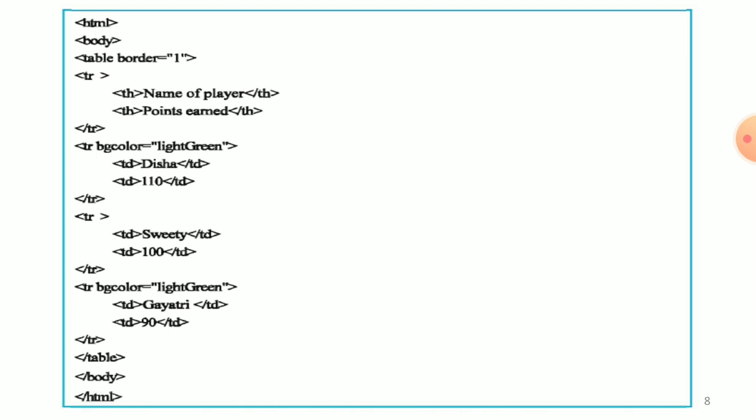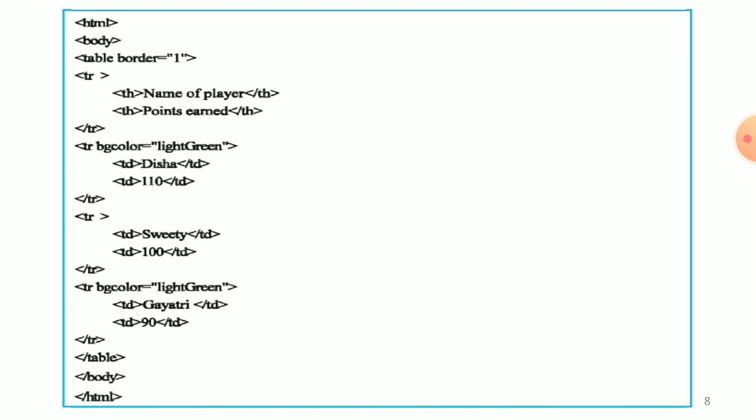Third row starts with TR, and then no background, simple. TD, that means table data. First is SVT, that is a name, and slash TD. And the second column 100, that means the score, TD 100 slash TD. Third row over, slash TR.